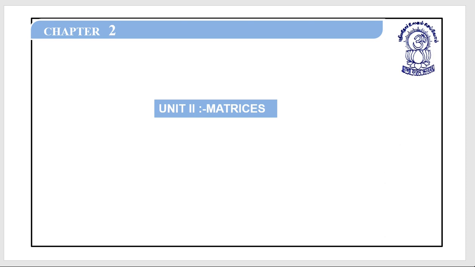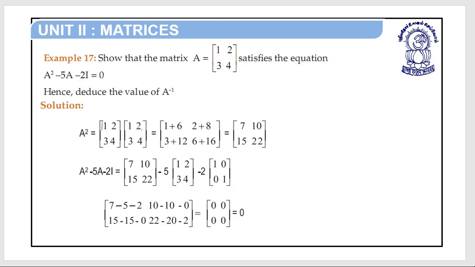This is lecture number 14, chapter 2, unit 2, matrices. Let's start with example 17. Show that the matrix A is equal to [1, 2; 3, 4]